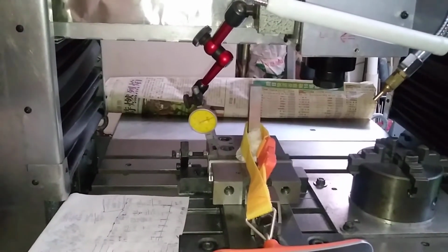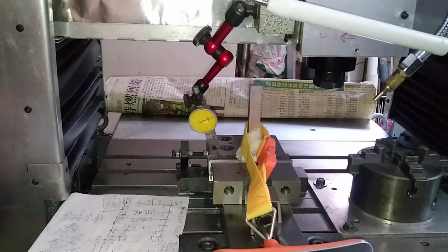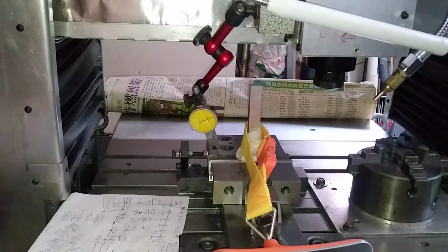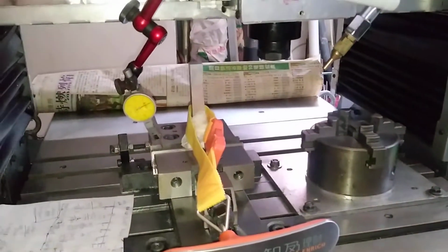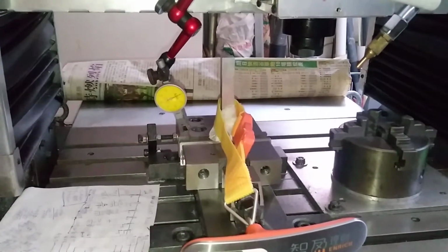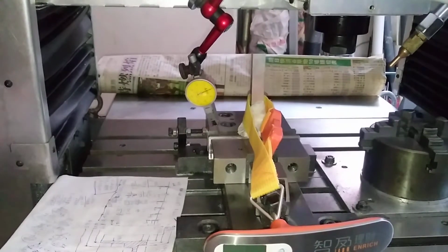Hello guys, now I'm going to check the backlash on the machine. I first check the X direction, I call this X direction, and the machine is turned on here, and so the X-axis ball screw is not moved because the X motor was power on,